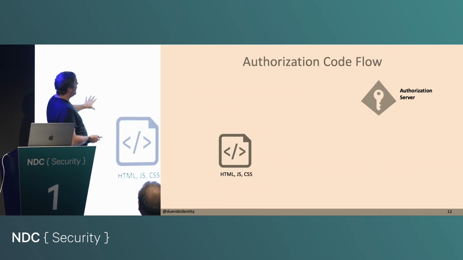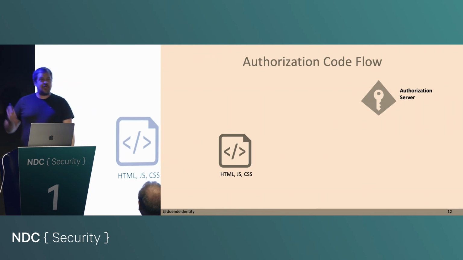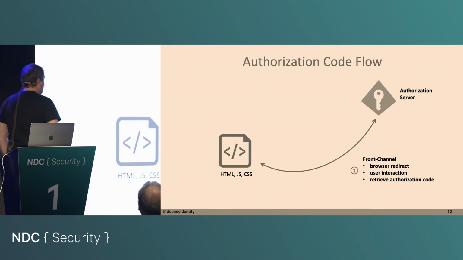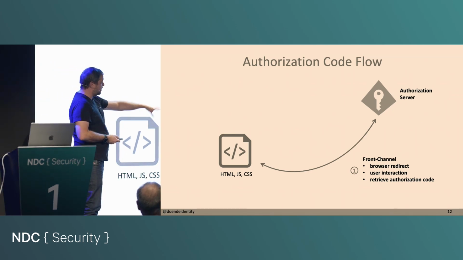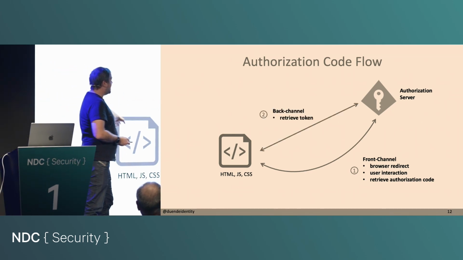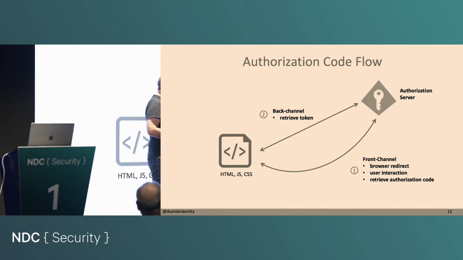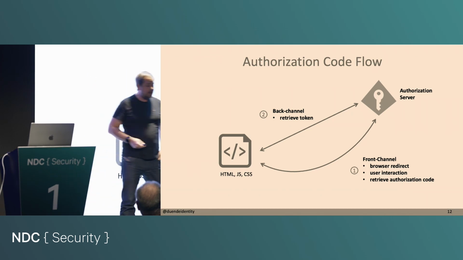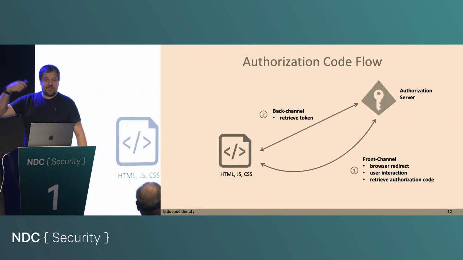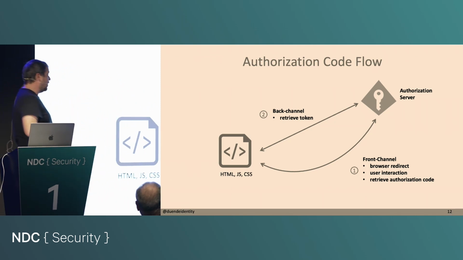From now on, browser-based applications will use the code flow, which in a nutshell looks like this: you first open the front channel, do all of your UI stuff, and then you get the actual access token over a back channel, like an AJAX call, basically,